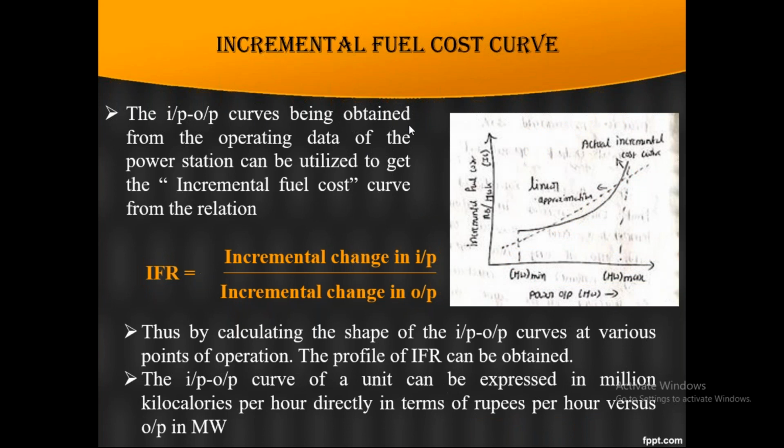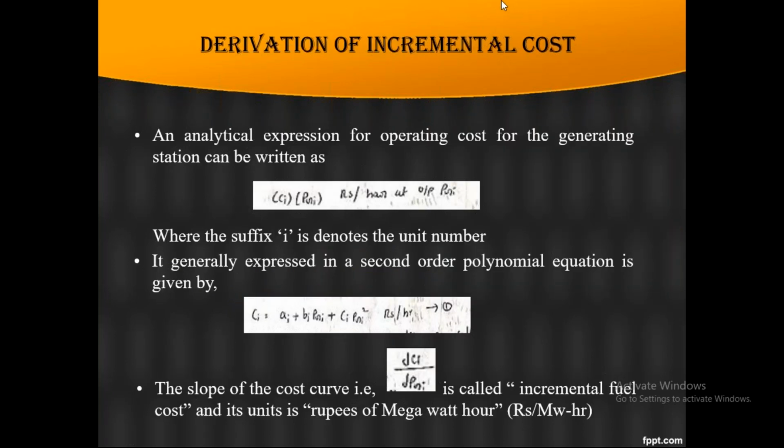Now we will show you one derivation of how we can find the cost for a particular unit. This is the most important question for 10 marks. If you observe the previous question papers, 85% of the time this question will be asked, along with problems based on this derivation. Now our aim is to find the incremental cost in the generating station. Before going to the derivation, I will give you an example.